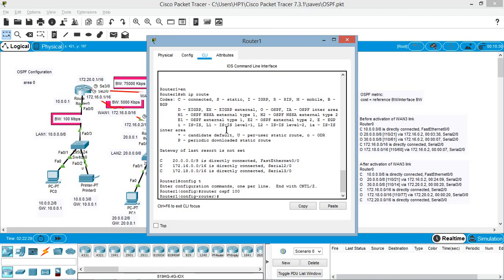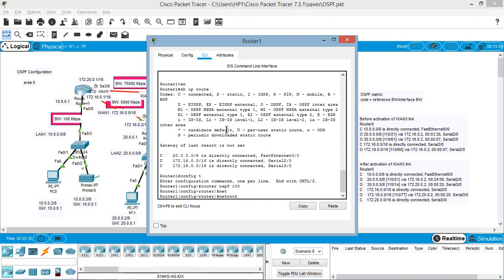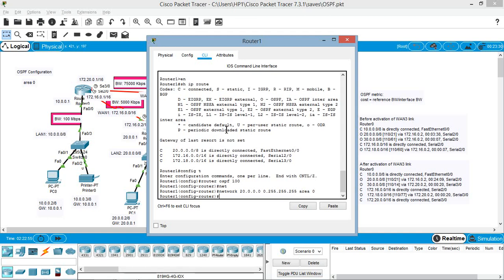Then next, advertise the neighbors on this router. The neighbors can be advertised with network command, network 20.0.0.0. This is class A, for which the wildcard mask will be 1 octet low and remaining 3 octets high, which is exactly the reverse of the mask for class A. Ahead of this, we have to mention the area and its number. Similarly, advertise the remaining two networks on this router.